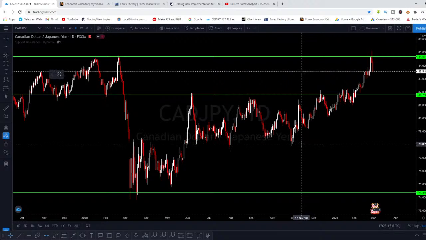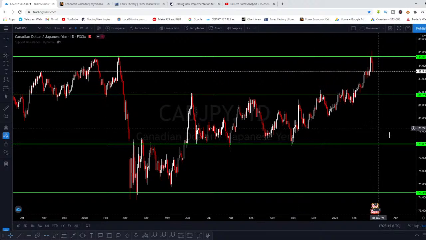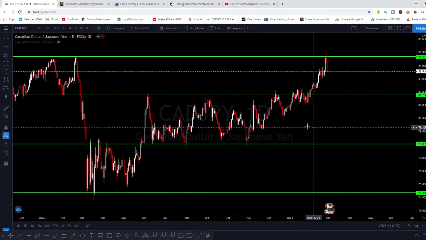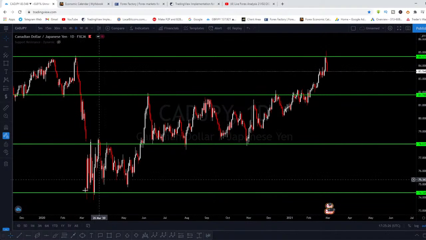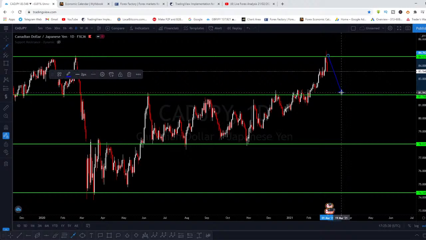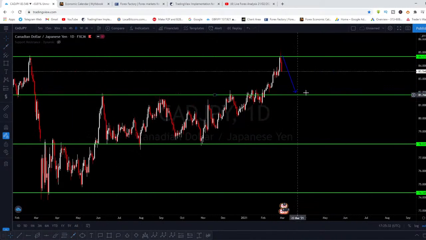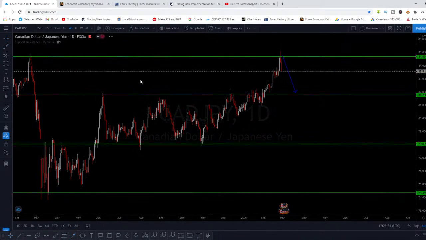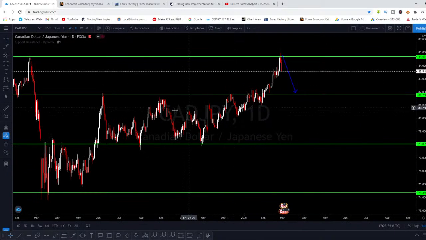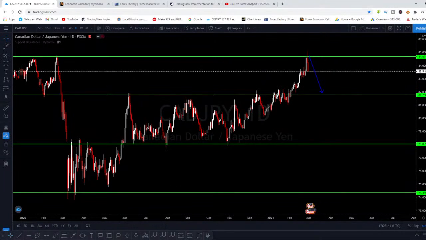But I assure you that if you are able to stay consistent and do all of this stuff, you're gonna be a profitable trader. So now I'm expecting this to come back down for retracement before it shoots up again to the upside. So let me know, if you have any question right here, you can ask before you go back down to 4 hour time frame. It is very, very important, guys.